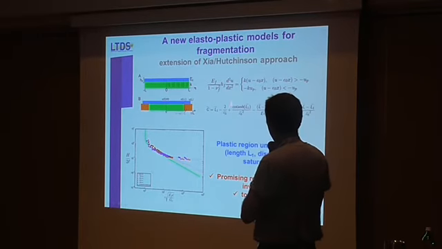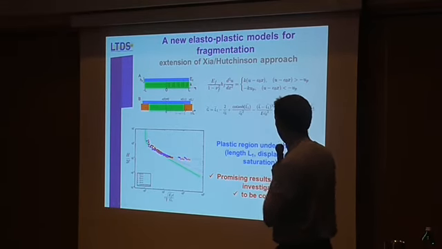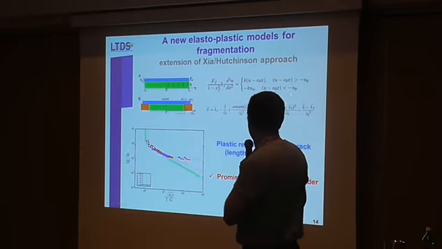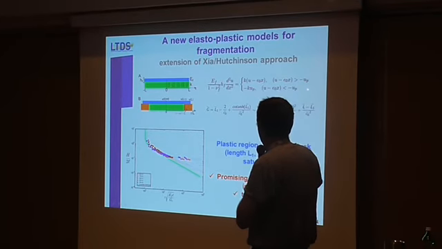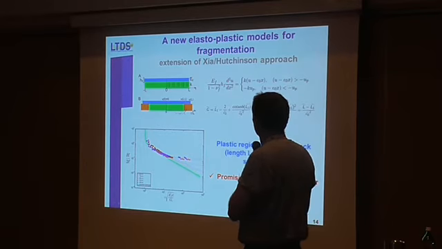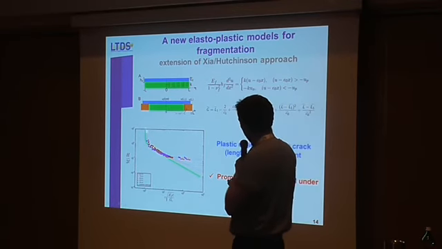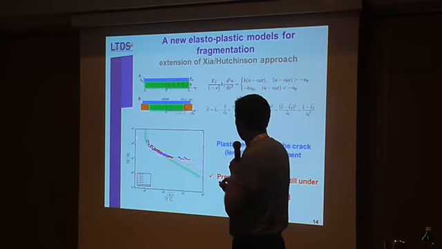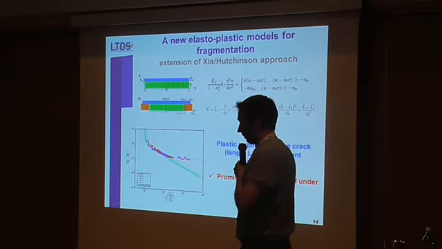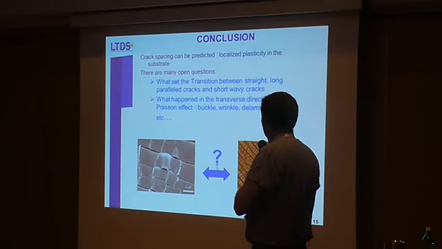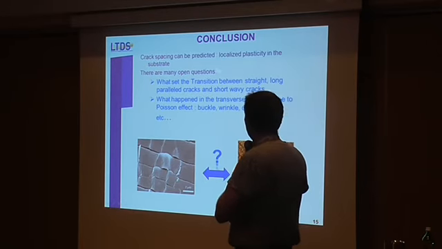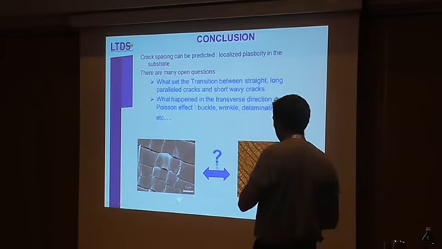So lastly, we propose a new model, an extension of the Xia-Hutchinson approach that takes into account plasticity in the substrate. We still have to confirm our calculation, but I plot here the result, and it seems to catch the saturation of the crack spacing. So I just showed you that crack spacing can be predicted once you take into account plasticity in the substrate,